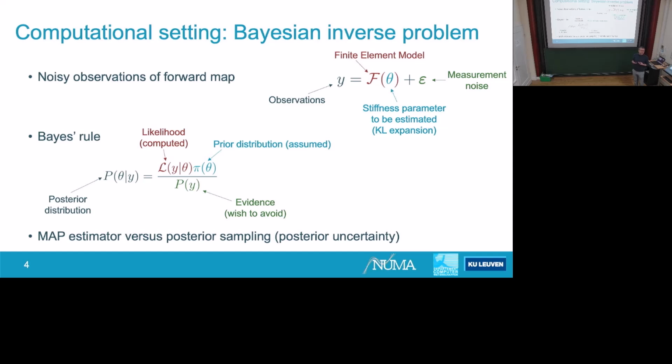And so to know if your optimum makes any sense, I think you need to know a little bit more about the posterior distribution. What if we want to know the whole posterior distribution and we want to sample from it? That's the setting that we are in. It's not always necessary to have the full posterior distribution, but at least it's an interesting problem to think of computationally. We might want to have some moments of this distribution, like the variance, the mean, etc.